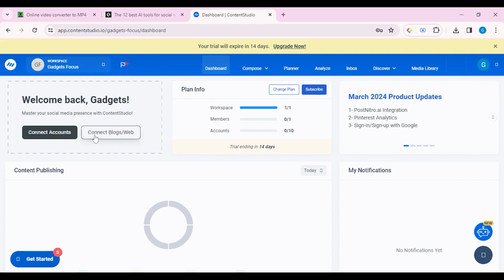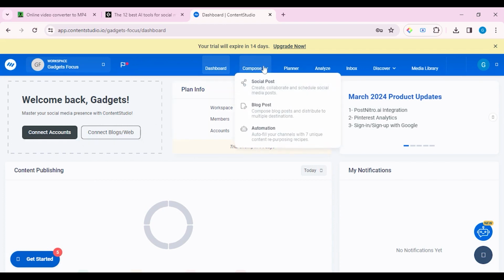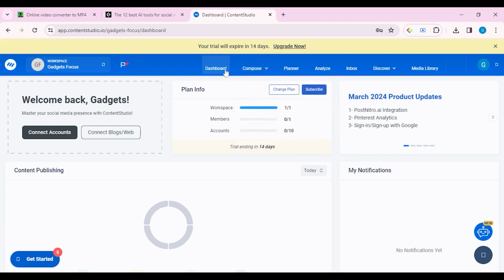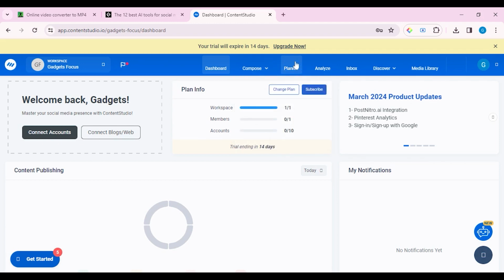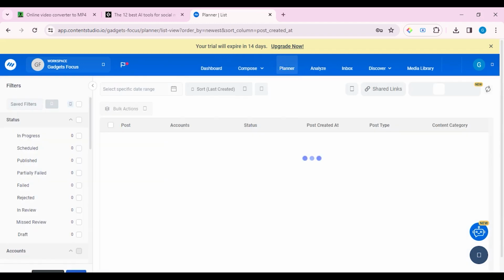From here you connect your accounts or blog and page. Now let's come to the compose. So here you can see that you can compose social posts, your blog posts and even an automation option is here. Now comes the planner. I think that this is one of the most powerful features of this platform, and